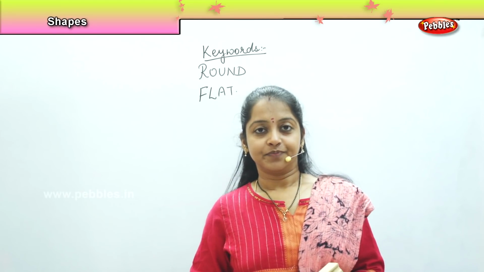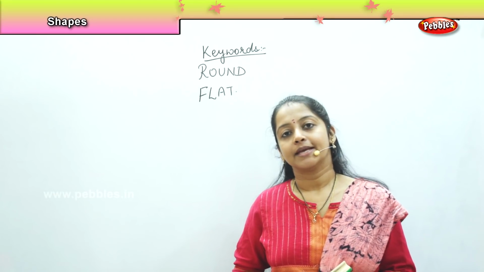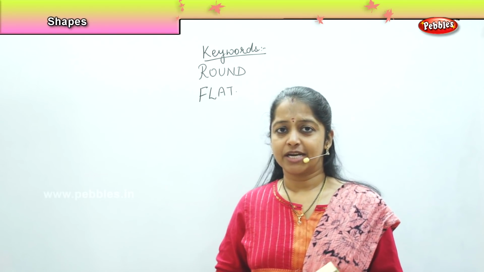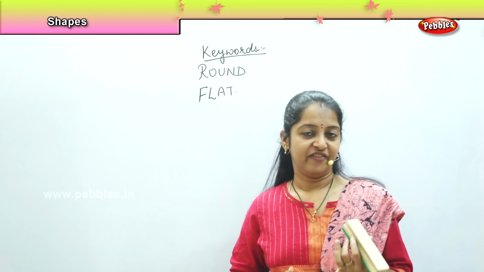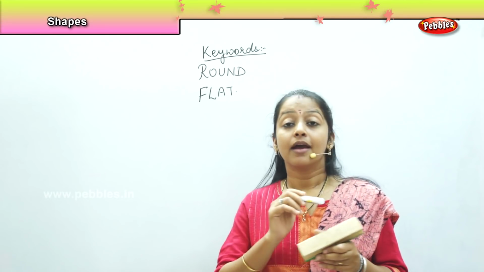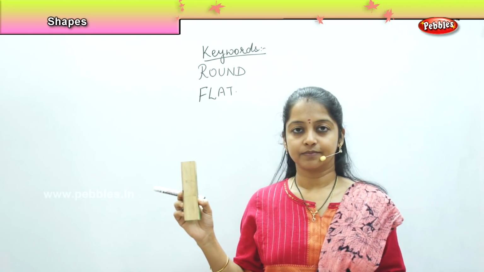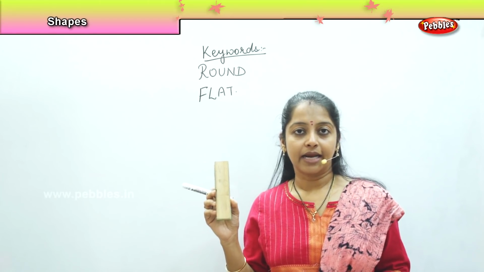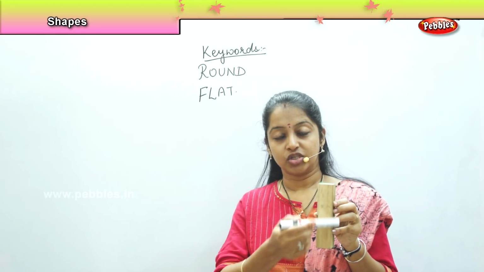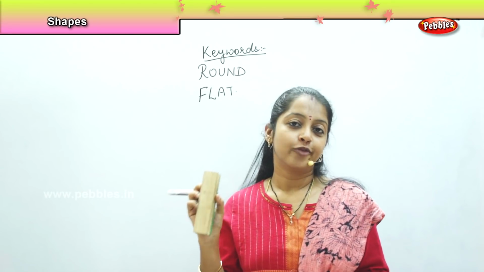We have learnt that there are two forms of shapes. What are the two forms of shapes we see? Yes, it is the round and the flat shapes, right? In flat shapes, we can have square, triangle, rectangle, because we can count the sides of these shapes. Now, what shape is this? Yes, this is a rectangle. Can you count the sides of this shape? 1, 2, 3 and 4. So, this rectangle has got 4 sides.